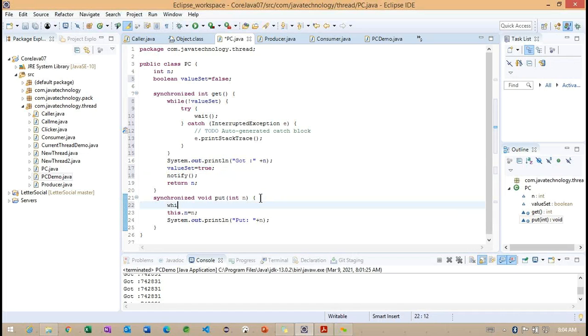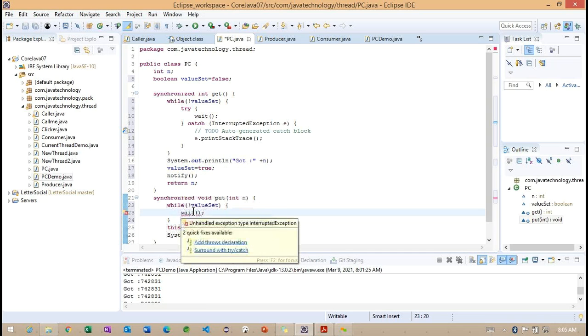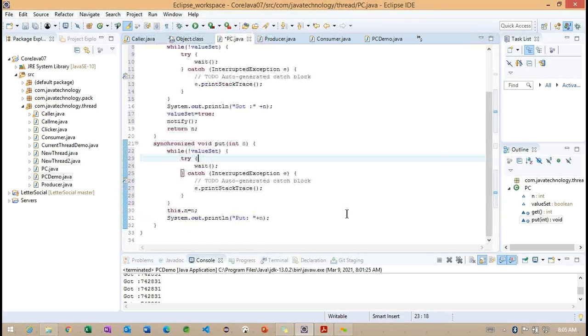If we observe, inside the while, what we can do, valueSet. Getting the point? Now again I'm going to call the wait method.